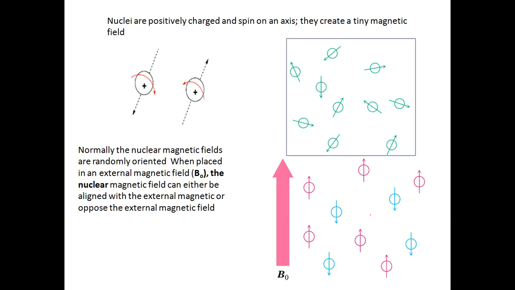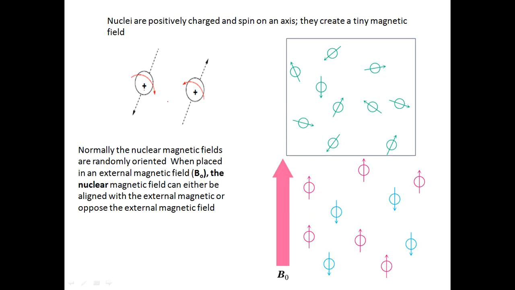So we know that every atom has a nucleus which has its own charge, that is, the nucleus has a positive charge, and the proton spins on its own axis. So there is a nuclear charge and a spin on it, which makes it a tiny magnet. Right? So the nucleus, the proton, acts as a tiny magnet.